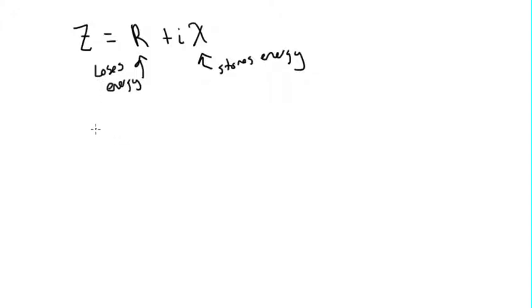For instance, for two impedances Z1 and Z2 that have the same current, you can simplify them by saying Z total equals Z1 plus Z2. It doesn't matter if it's a resistor, an inductor, or a capacitor, you just add their impedances. And if they're in parallel,